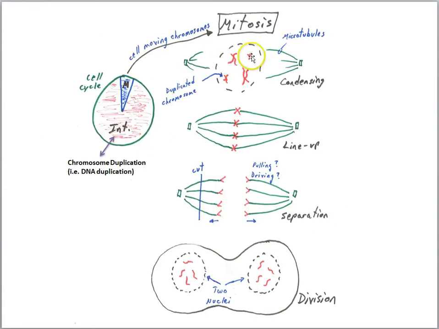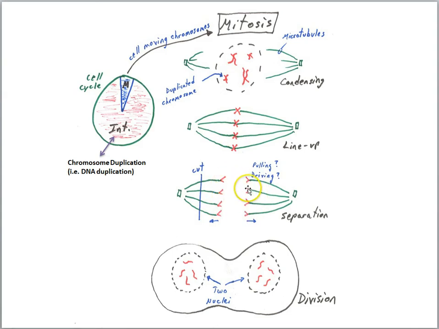So here we are now in mitosis, the 4 stages of mitosis: condensing, lineup, separation, and division. And again, this is the small blue wedge of the cell cycle. So during interphase, chromosomes are duplicated, which means DNA was duplicated. Then in the first stage of mitosis, the chromosomes will begin to coil up. They condense, and so they appear as X's. Duplicated chromosomes but still attached. The nuclear membrane breaks down. This allows microtubules to search for and find the chromosomes, lining up the duplicated chromosomes, and then the duplicates detach,